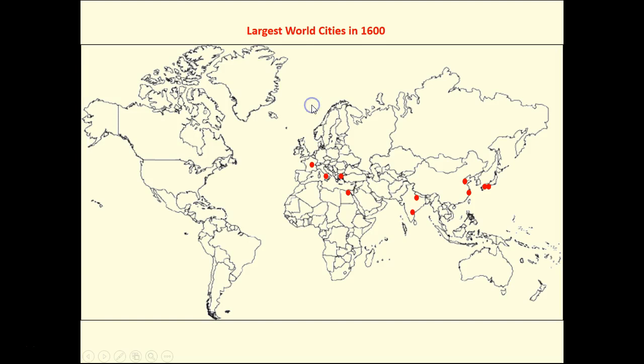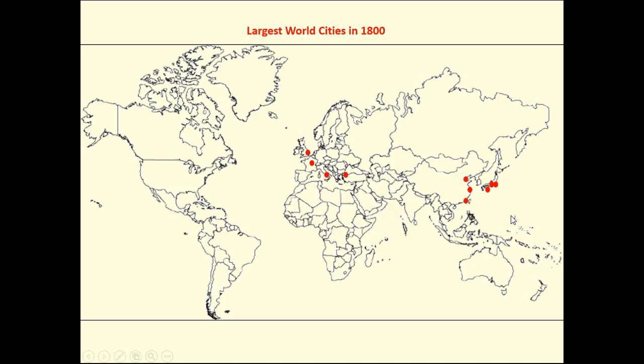If I fast forward 100 years to 1600, Japan has 2 cities that are the largest in the world. China remains, Asia, France, and Paris, and Rome, and North Africa. 1800, right at the beginning of the Industrial Revolution. Now, with the beginning of the Industrial Revolution, we see England, we see France, again we see Rome, and we see Asia still having significant power.